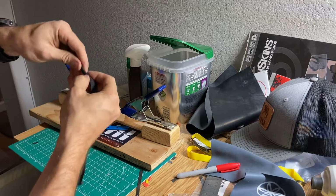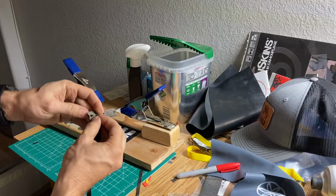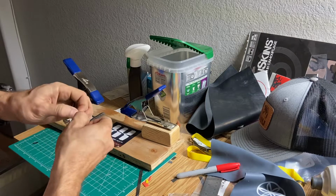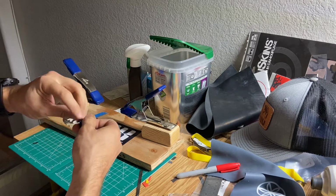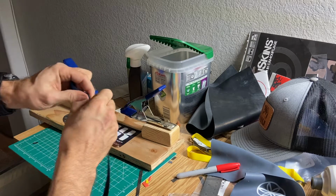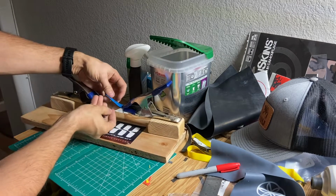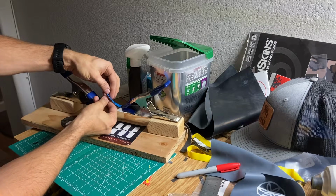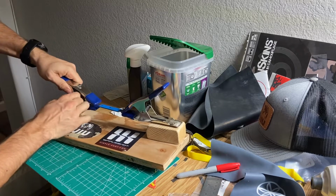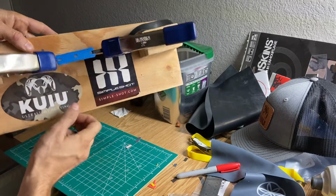So sometimes if you set up your clamps a little too far apart or whatever, what you can do is fold it over, and then you can just take another little strip like this and run it through your pouch, and then that way you can pull it. So what you're wanting is a little bit of a gap right here where you can tie it on,